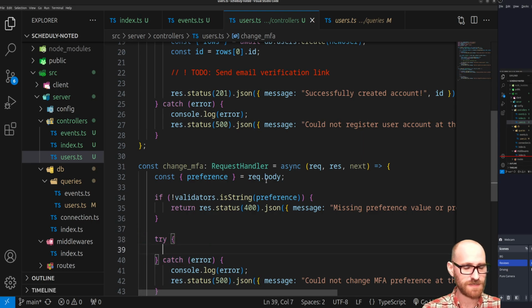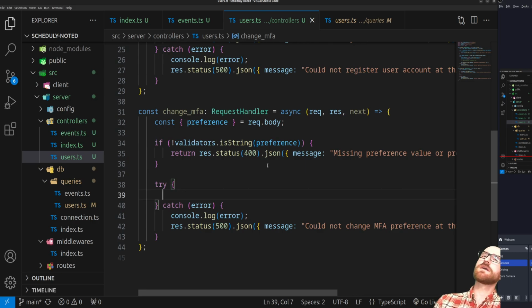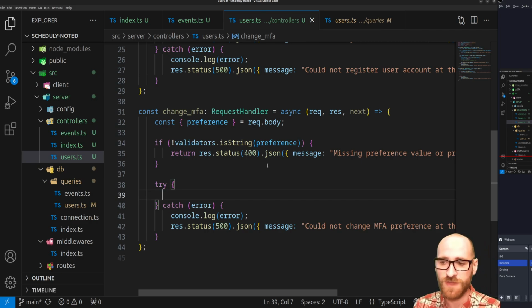Now, in the event that a user, we have to assume that a user isn't going to use our client-side code. So, we'll have to assume they are circumventing any other controls we have, and they're just making direct API requests. So, somebody could theoretically create an account and then try to change MFA without verifying their account. So we would actually want to see